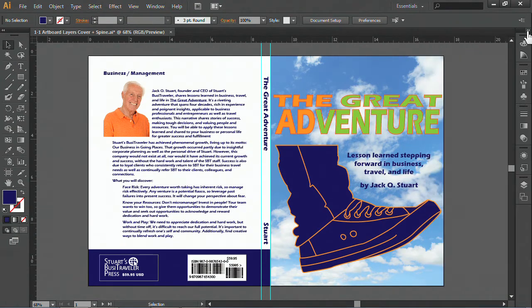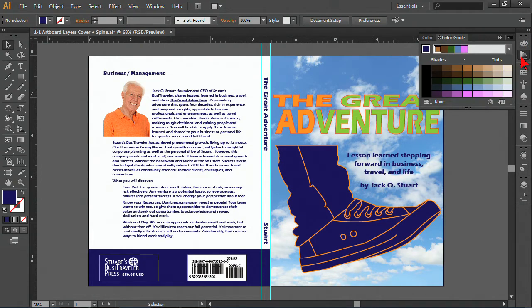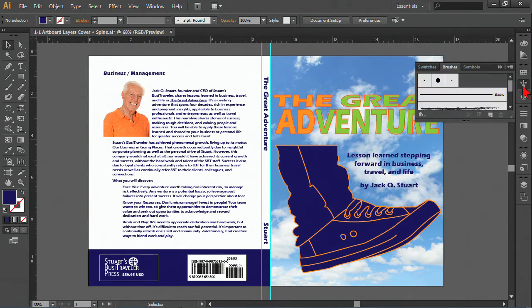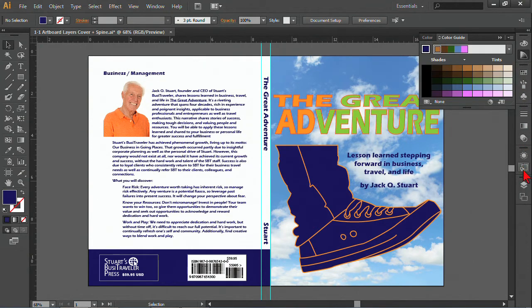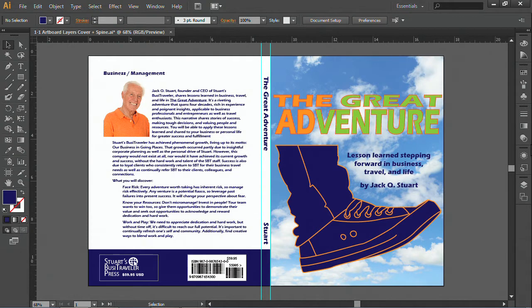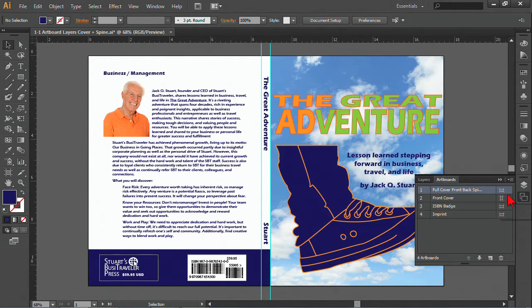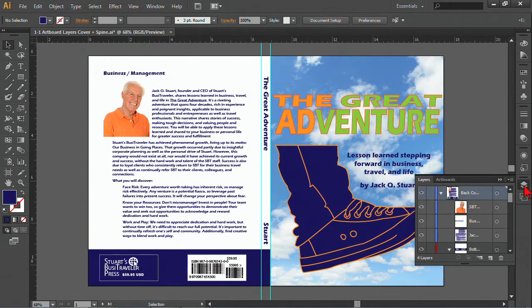I'm going to go ahead and collapse it. So instead of expanding all the panels, you can expand one at a time simply by clicking on it. Now these panels can also be rearranged. So if I were to click on this again here, and I look at the layers panel, for example, and there's the layers panel, and I use this panel quite a bit. Well, what I might want to do is pull this out, and I can pull it by the tab here,